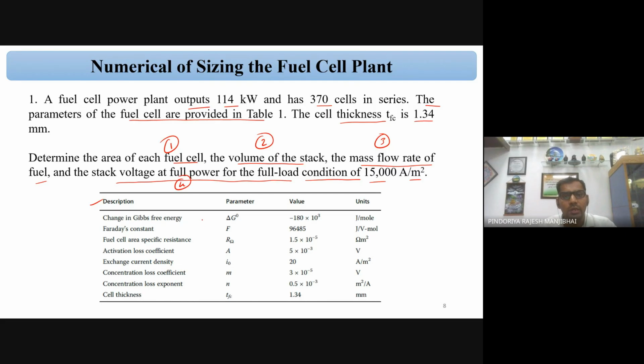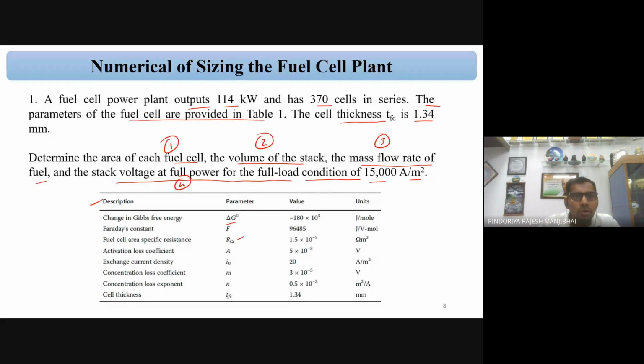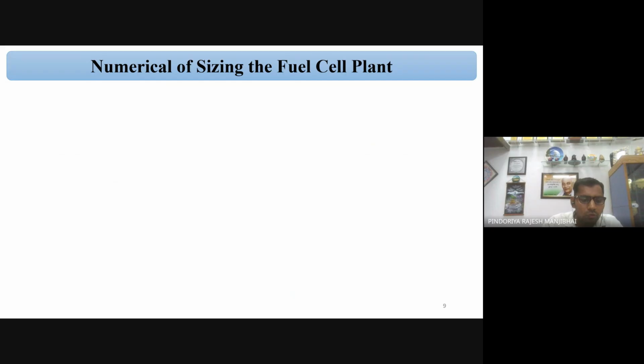In yesterday's class, we already discussed these parameters: the Gibbs energy density, the Gibbs free energy. The same parameters we used yesterday for one of the examples, correct? Faraday constant, fuel cell area, specific resistance. So one by one we can calculate the parameters. First one is the area of the fuel cell. Fuel cell power must include the factor of the balance of the plant, correct? So first we can find out the